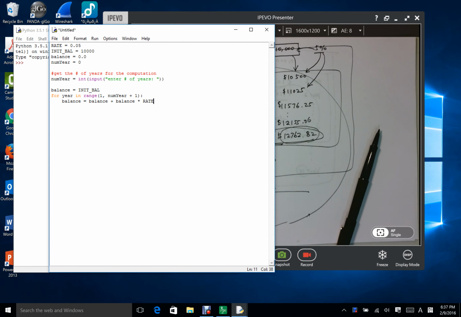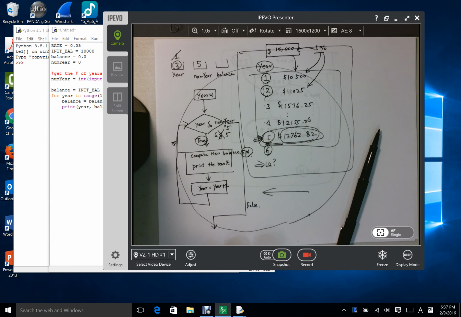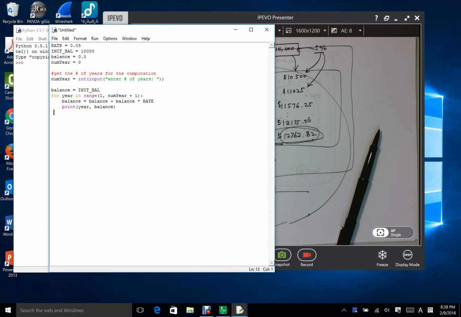And then I'm going to print the year and the balance. Okay, so one of the important things is year plus 1. You have to increment year by 1. If you use the while loop, so one of the big differences between for and while loop is that if you use the while loop, then you have to have this statement. But if you use the for loop,